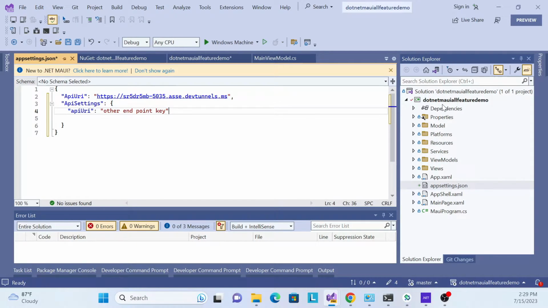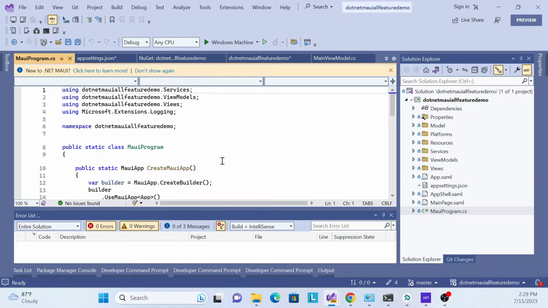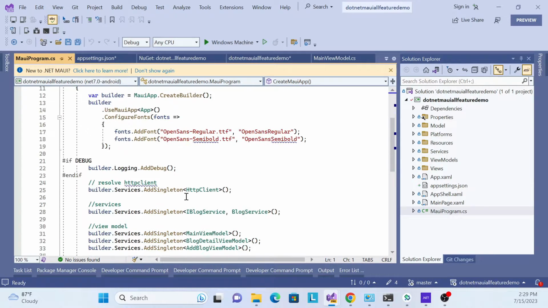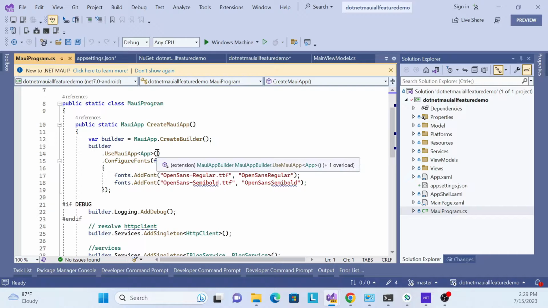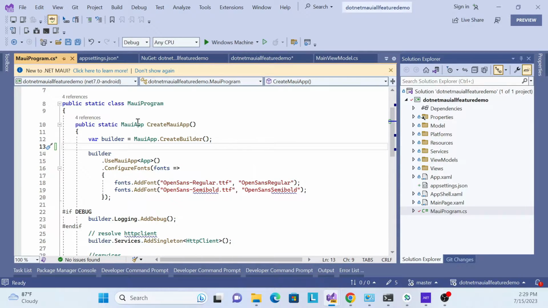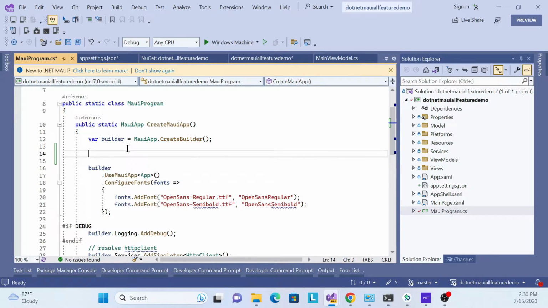Now what we have to do, we have to go to my Program.cs file. Actually we need to write some configuration in this Program.cs file. So how can we do that and what is the configuration? First we have to write some code over here. Just right click after the builder creator. After creating the builder we have to implement something, like for example, I just put where and get